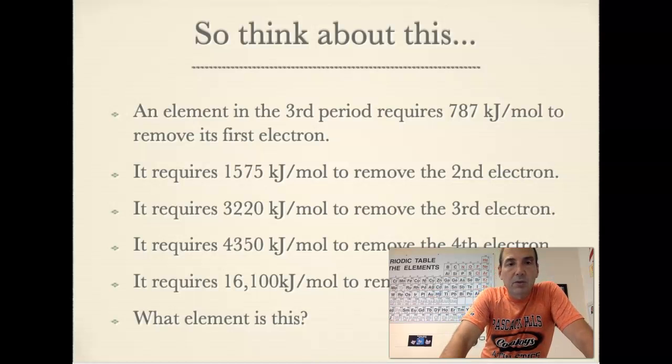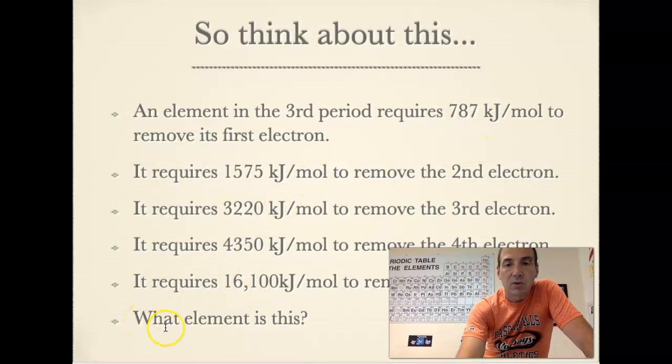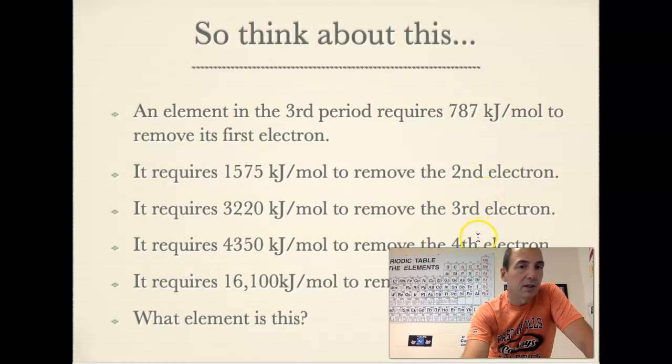And the logic goes to what we were talking about a moment ago. I said when you jump between energy levels, you're going to see a tremendous, significant jump in the amount of energy. Where is that significant jump? Well, the first four, we see a pretty steady progression, and then the fifth one is way more energy than these are, right? I mean, this one is more energy than all the others combined. So clearly the fifth one is a different energy level than the other four. That means that this element must have 1, 2, 3, 4 valence electrons.